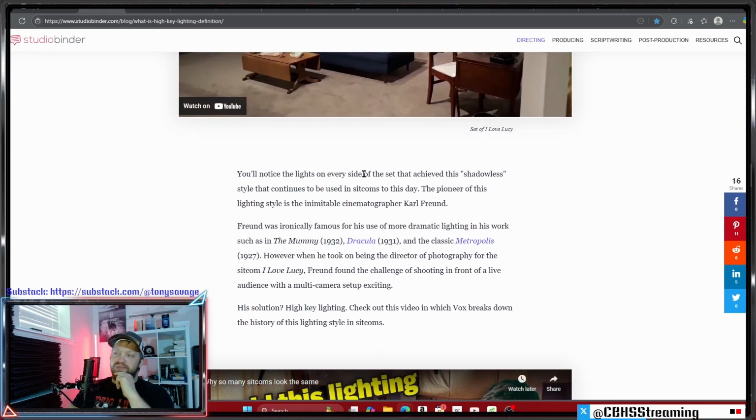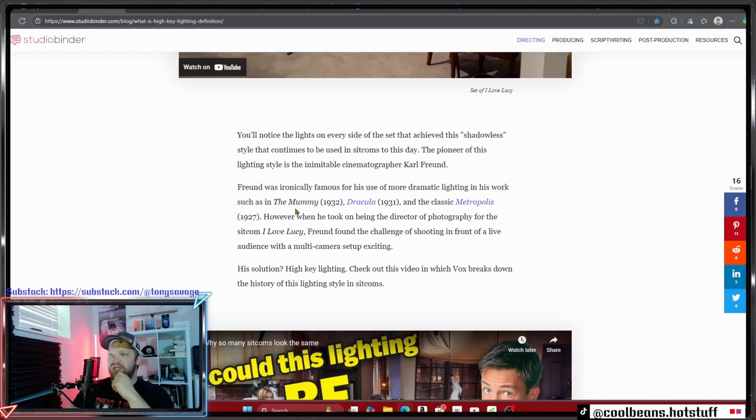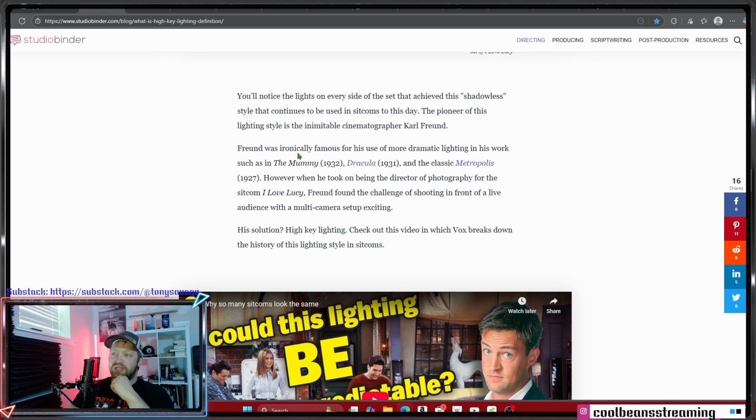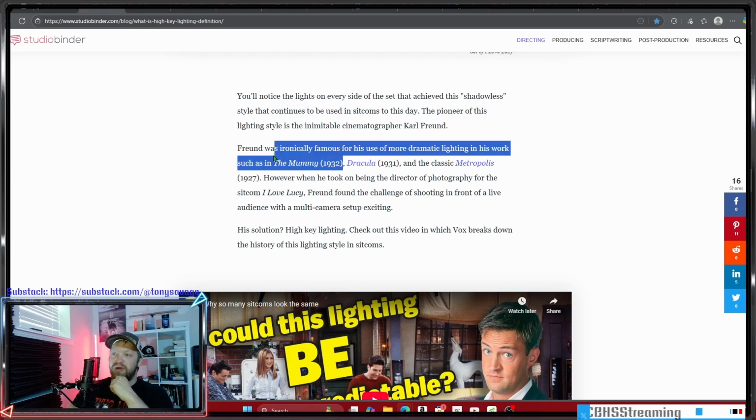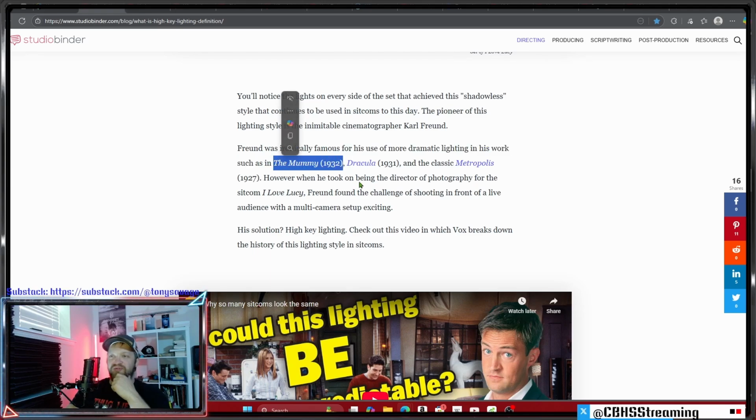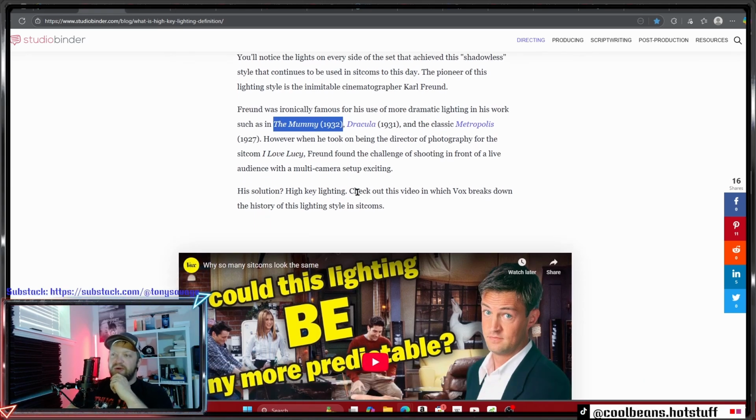You'll notice the lights on every side of the set that achieve this shadowless style that continues to be in sitcoms to this day. The pioneer of this lighting style is the inimitable cinematographer Carl Freund. Freund was ironically famous for his use of more dramatic lighting in his work, such as 1932's The Mummy. That's dope. I love that movie. 1931's Dracula, and 1927's Metropolis. However, when he took on being the director of photography for the sitcom I Love Lucy,